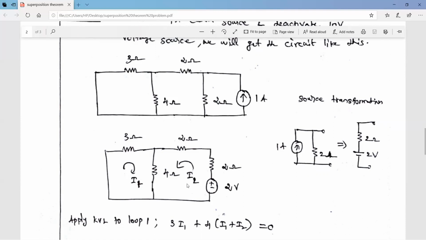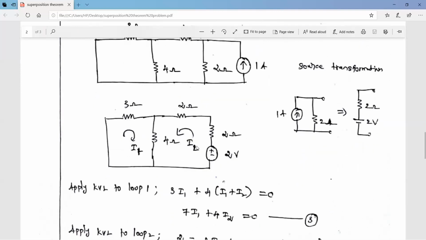Using this diagram, we have to find the current flowing through the 4 ohm resistor, and we are going to solve it with mesh analysis. How many meshes are there in the given diagram? There are 2 meshes. In the previous circuit, with the current source, 3 meshes were there, and we would get a 3 by 3 matrix, with 3 equations to write. So I am converting this loop into one single loop, which reduces it to a 2 mesh circuit.